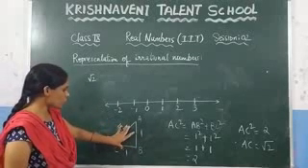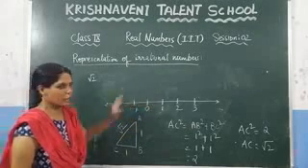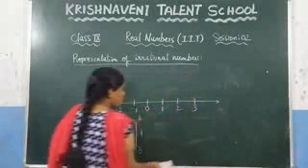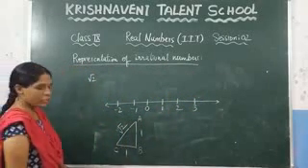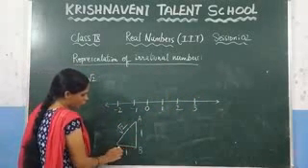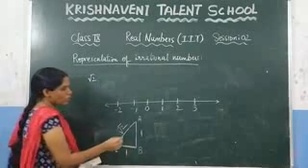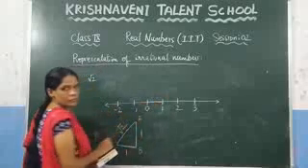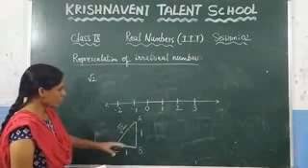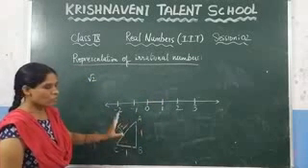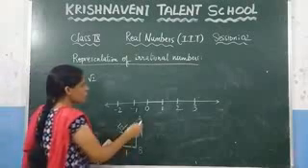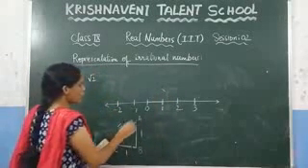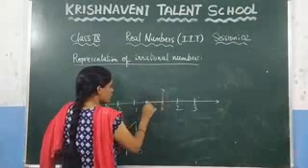Now, you need to represent this right angle triangle on a number line. How do you represent this right angle triangle on a number line? Check the base here. What is the length here? 1. So, take the length here as 1. You know that up to here the length is 1 unit. And after that, you need to take this value as 1. So, with the help of the compass, take 1 unit length here. Now this is 1 unit and this is 1 unit.